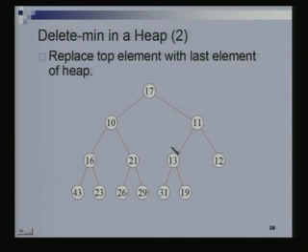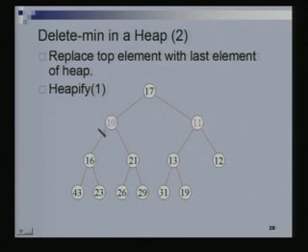Now structurally this is a heap, but this does not satisfy the heap property now. To make sure that it satisfies the heap property, we have to adjust the contents of the various nodes. But now note the following interesting thing. This subtree is a heap, and so is this subtree. The heap property is violated only at this node. This does not have a priority less than the priority of its two children. But we know of a procedure for taking care of this problem. If this is a heap and this is a heap, all we have to do is to run a heapify procedure on this particular node. So, we just have to do heapify 1, and recall what does heapify 1 do?